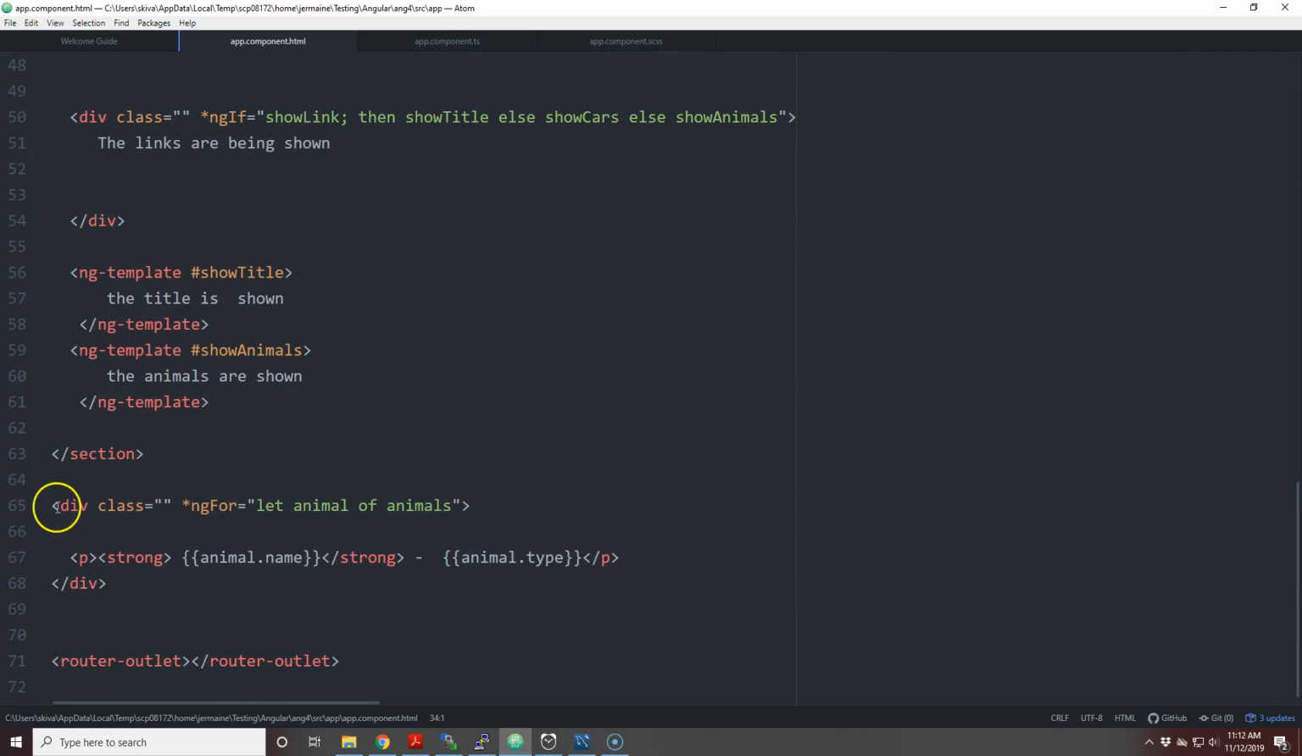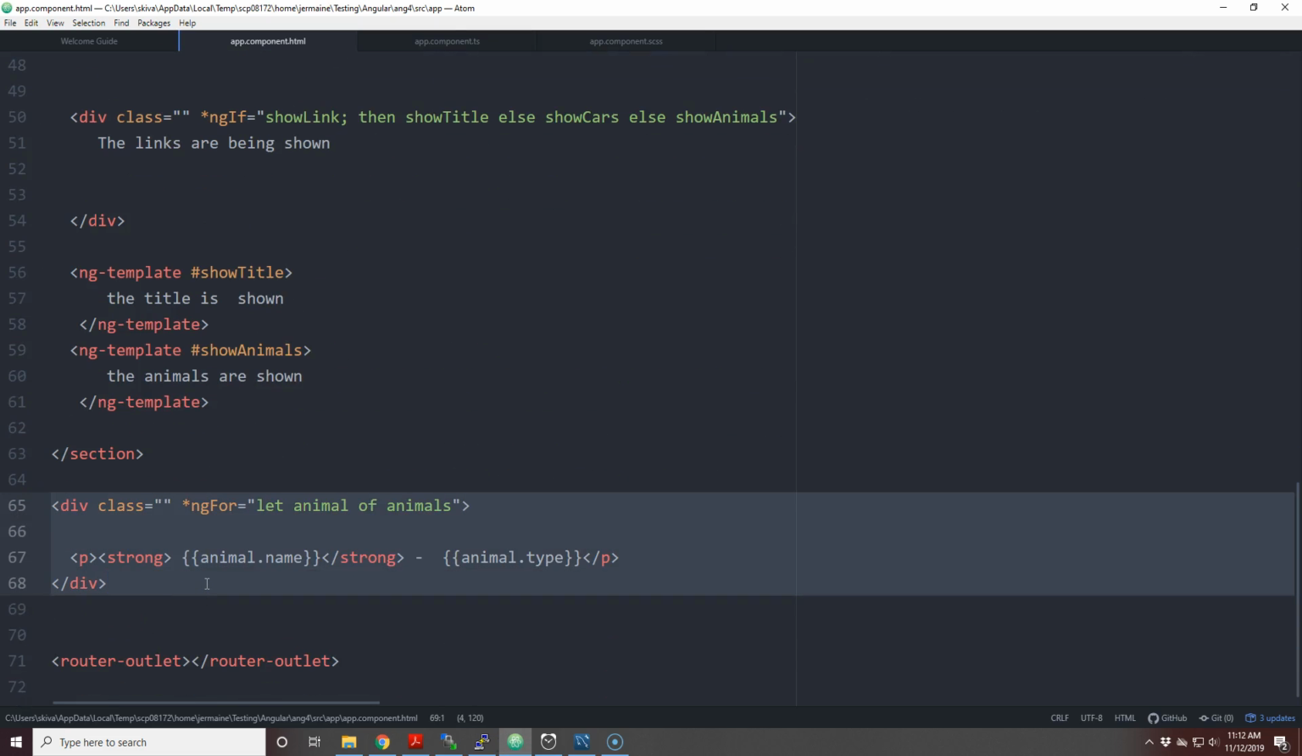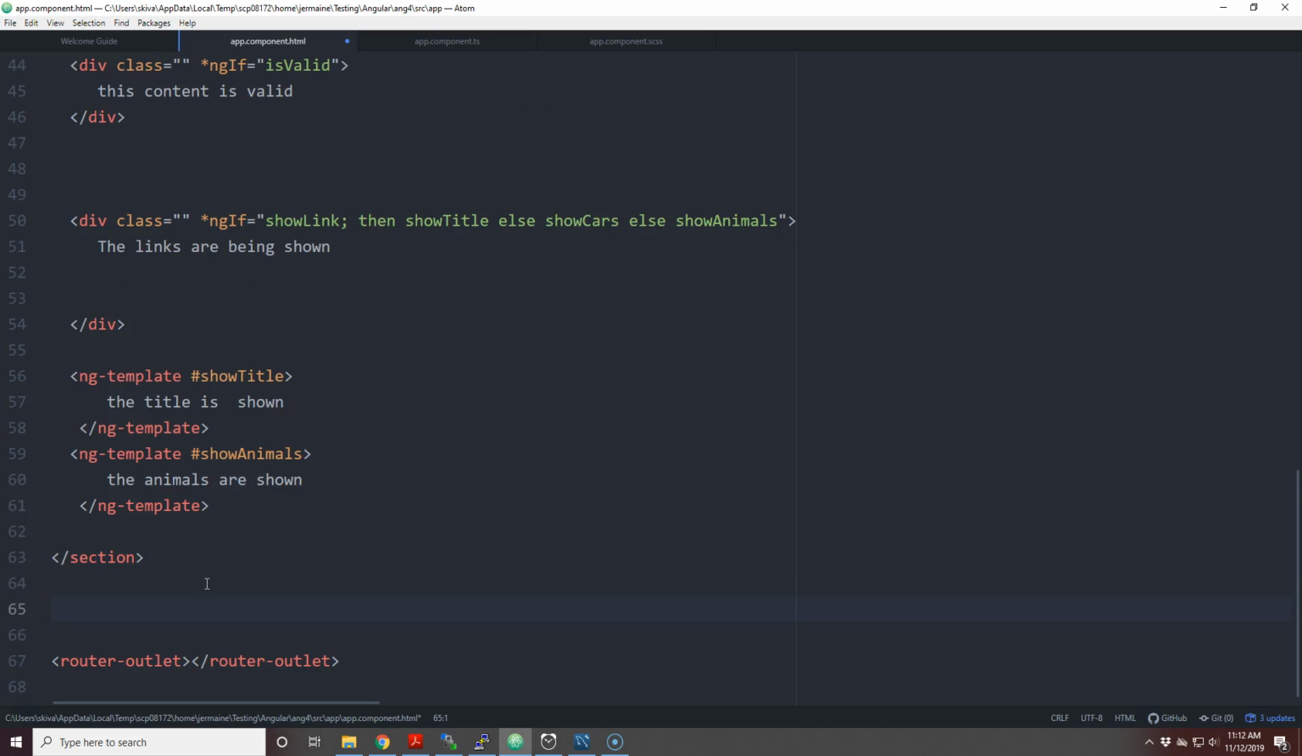Now this for loop, we'll probably talk about that later. So we can just remove that. But I do want to focus on this section of code here. So there's an ngIf, and it verifies if show link has a value or not,